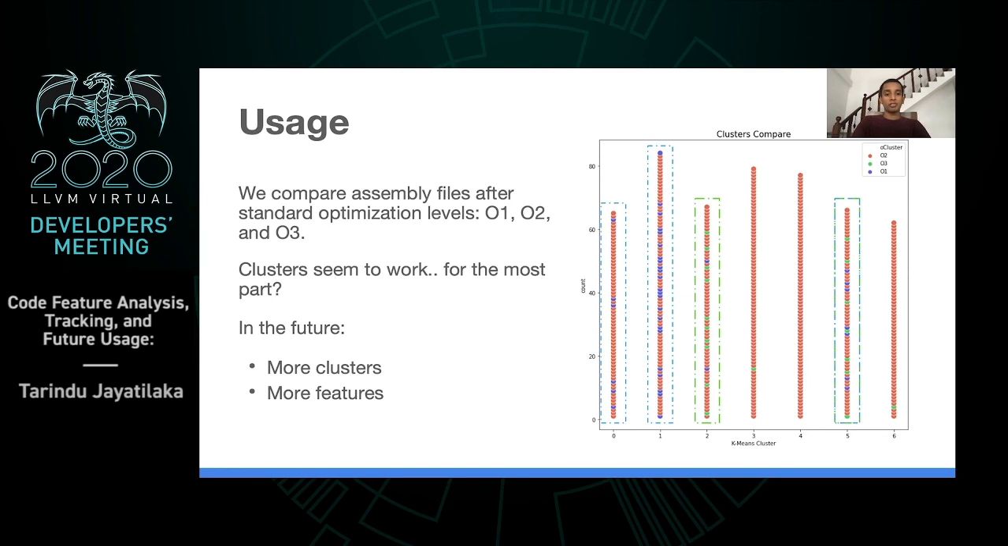And when we look at clusters 3, 4 and 6, we can safely say they only need O2 optimization, and clusters 1, 2 and 5 require a little bit more work. What we can do is maybe introduce more clusters, or maybe we can introduce more features,